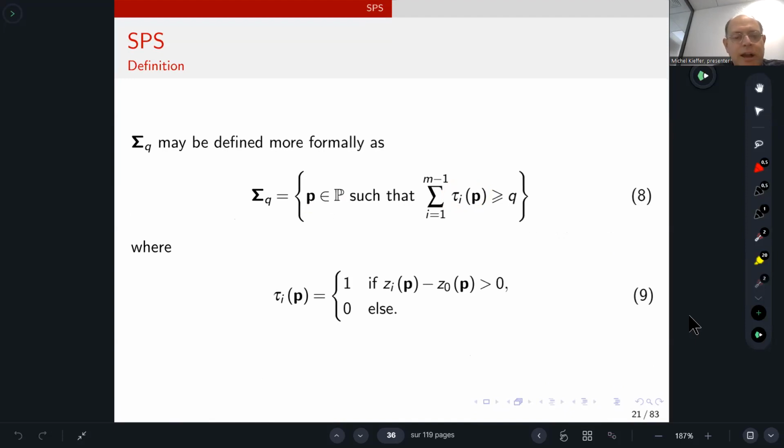It is equal to 1 when Zi is larger than Z0, which means that Z0 is less than Zi. You should have at least q values of Zi which are larger than Z0